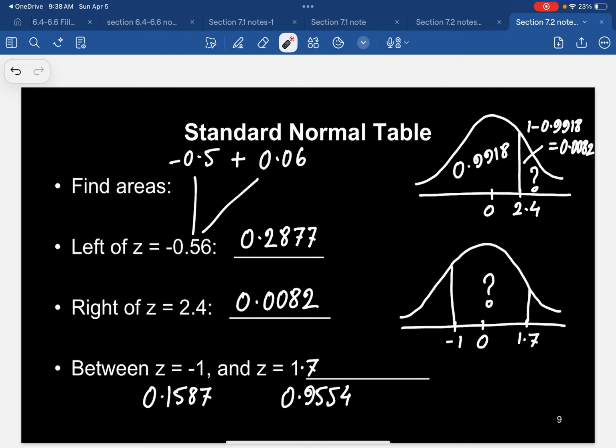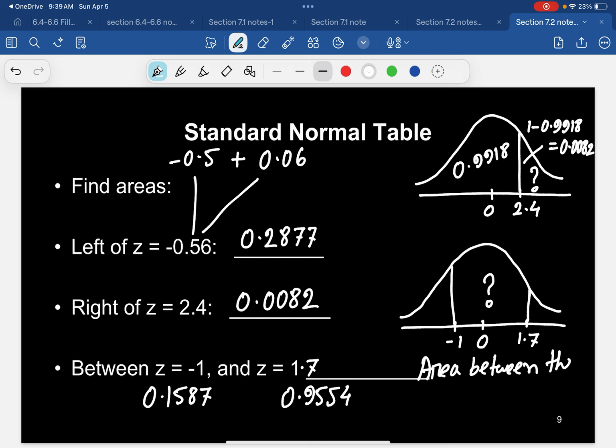So that's the thing. So the area between those two z-scores is going to be 0.9554 minus 0.1587, which is 0.7967. Okay, so that is basically the answer. So let me use a different color because I have already put 1.7 here. So the answer is going to be